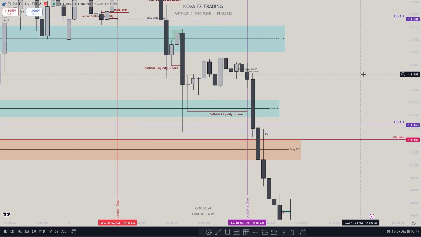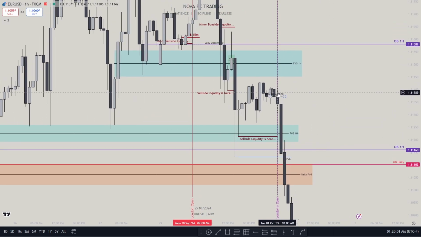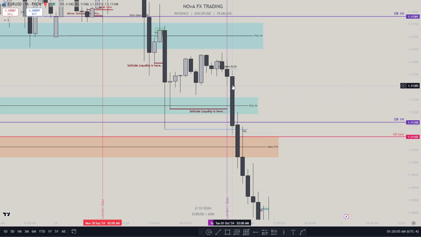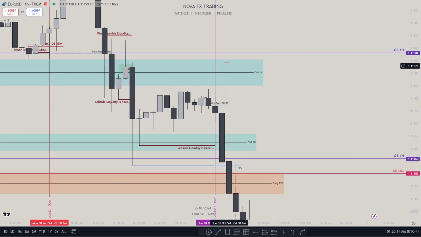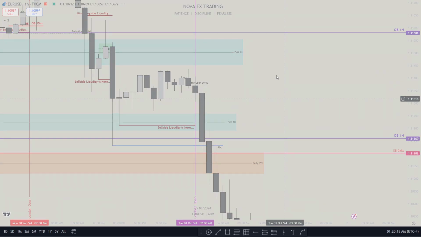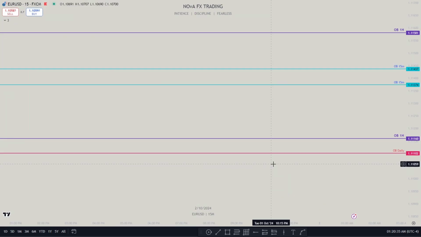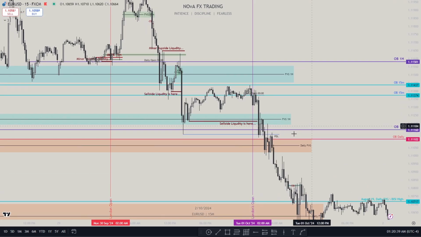All right, so on 1 hour we're going to extend our fair value gaps. This purple line here is where our London session starts. We will ignore all this market fall, because we don't know what's going to happen when we are trading. So we're just going to extend these and then go to 15 minutes. All right, so we're in 15 minutes and